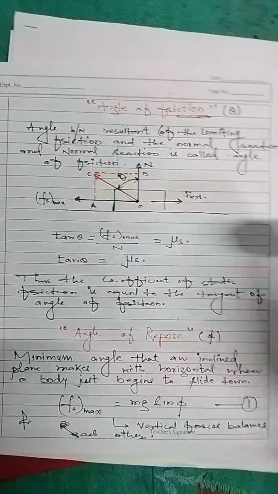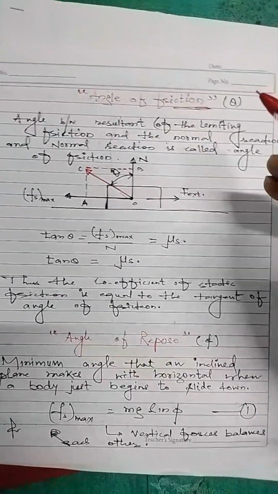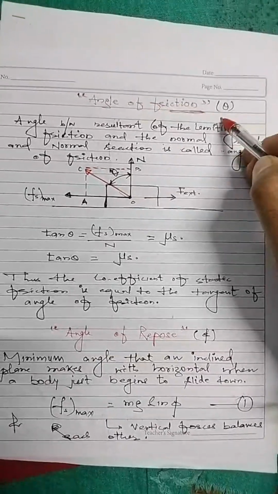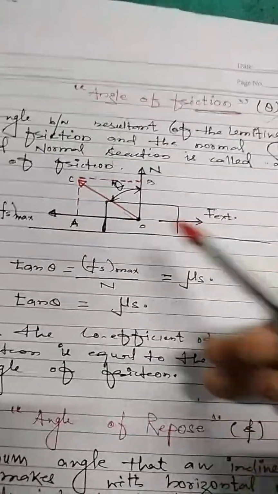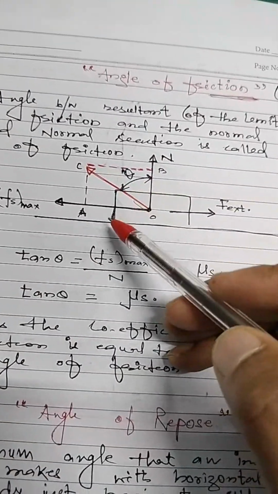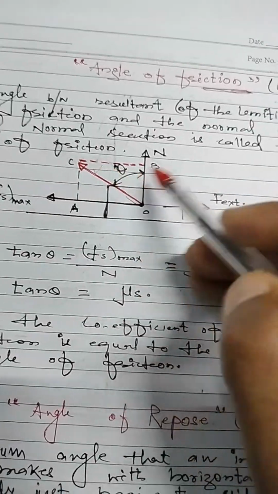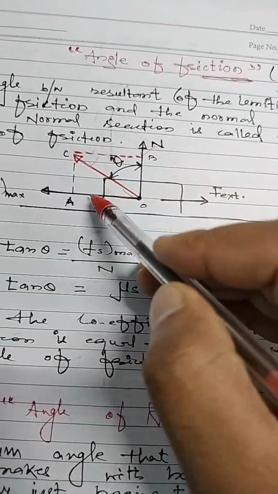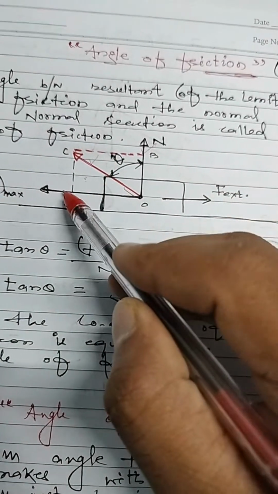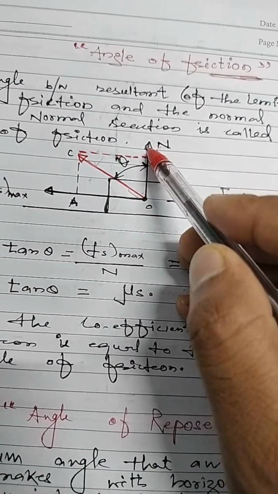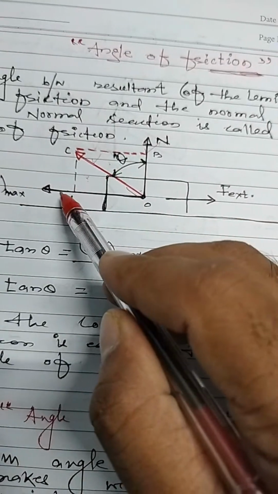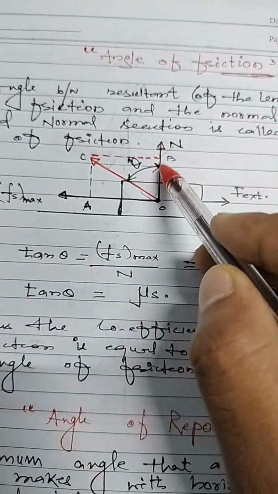So today we have a live session to discuss angle of friction. Angle of friction is basically defined as the angle between resultant and normal vector. Resultant is basically the resultant of friction and normal, so resultant of friction and normal vector